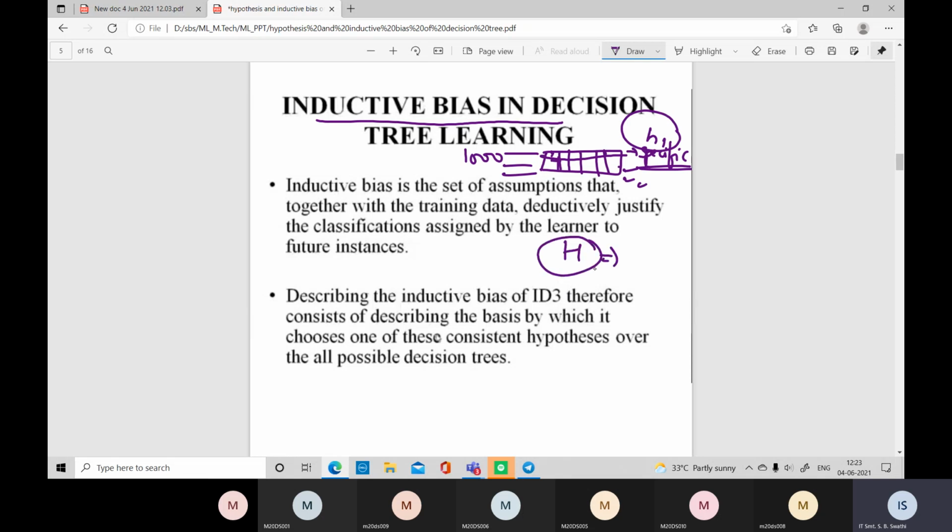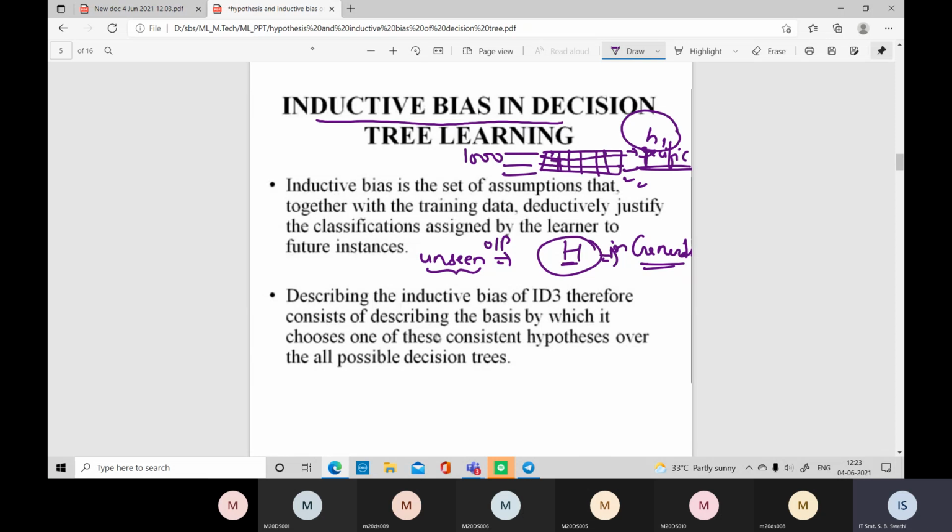Now what is this hypothesis space? It will help us to identify the output whenever a new unexpected input, which is not matching with the training data, is given. It is also called an unseen input. When such unseen input is given, we will be able to identify the output if we write the hypothesis in general. It should be in general, it should not be specific again.